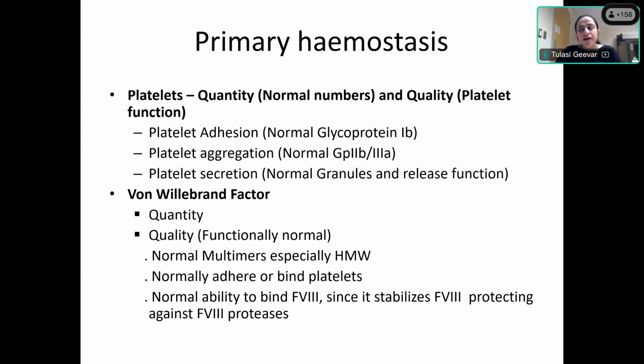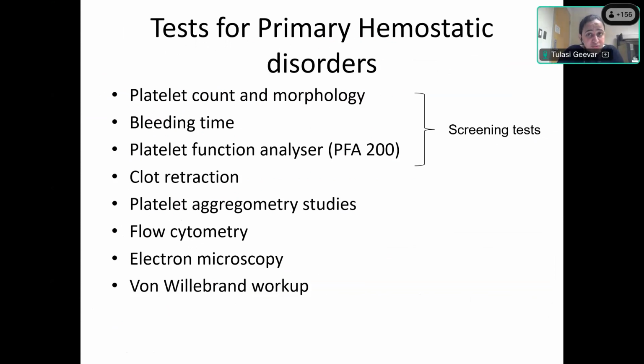The platelet binding function should be normal. It should also be able to bind to factor 8, which is one of the other functions of von Willebrand factor. So when you need to test for the primary hemostatic disorder, the screening test will be platelet count and morphology. The morphology becomes important. The bleeding time, platelet function analyzer or PFA 200, and more specific tests like aggregometry, flow cytometry, electron microscopy, and